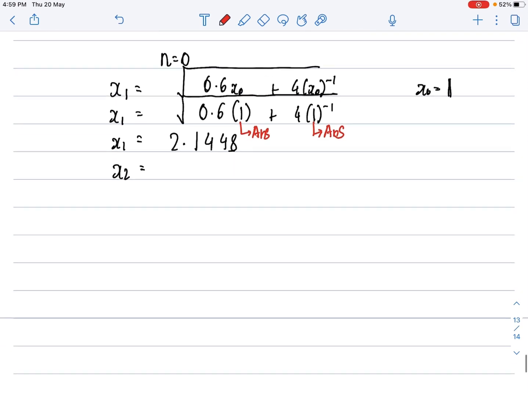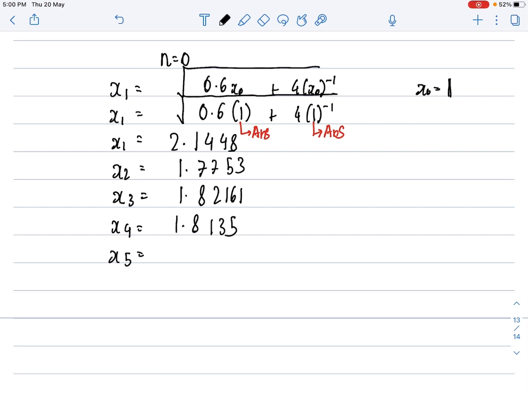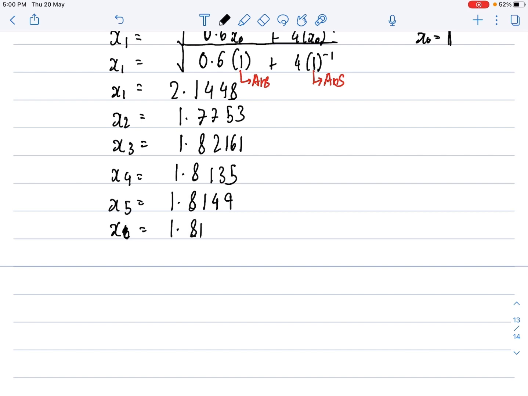So when you do that, you get your answer as 1.7753. Now for x3, just click on equal to again to get 1.82161. Now your x4 you basically get as 1.8135. Now your x5 simply as 1.8149. Okay, your x6 as 1.8146. X7, when you do, you get